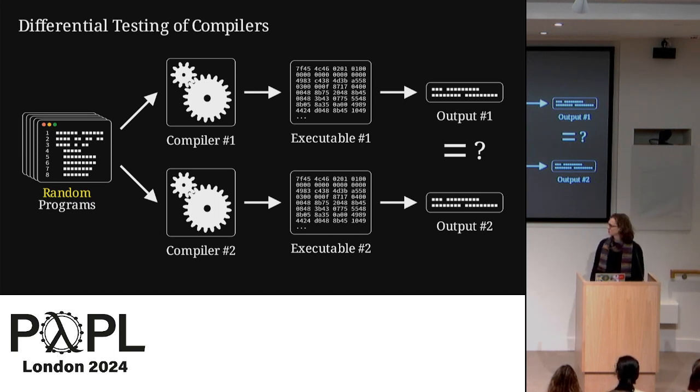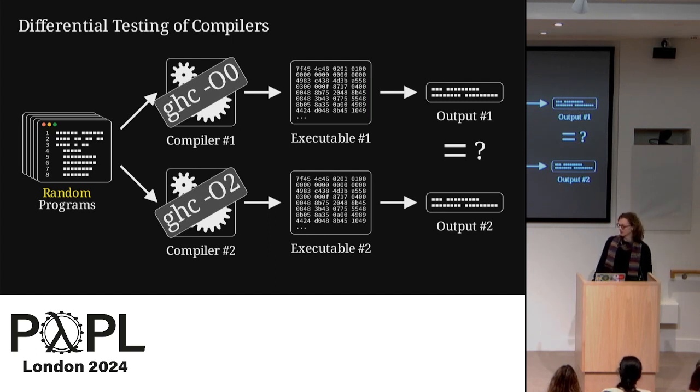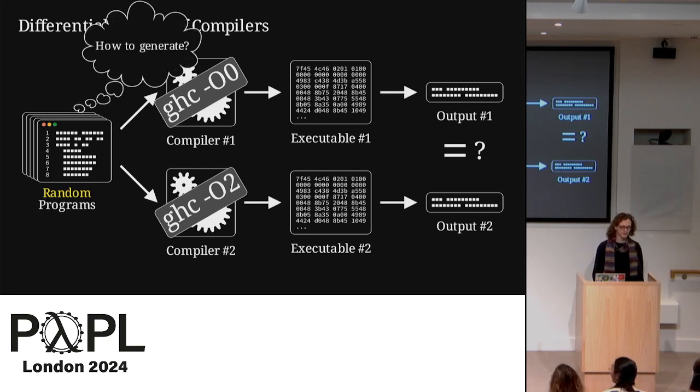And while having 2 different implementations for the same language might seem like a big ask, fortunately, we can just run the same compiler with 2 different optimization levels. And now we are only testing the optimizer of the compiler, but optimization passes are a large source of miscompilation bugs. So that brings us to how do we actually generate these random programs